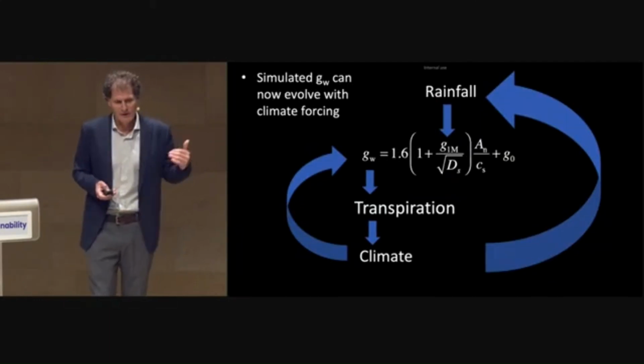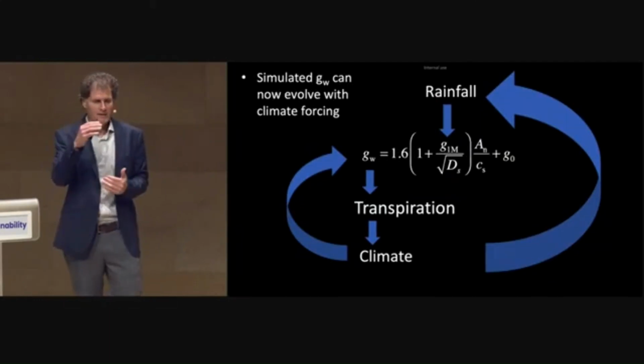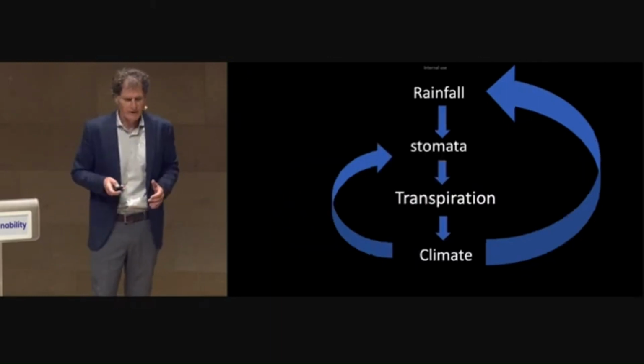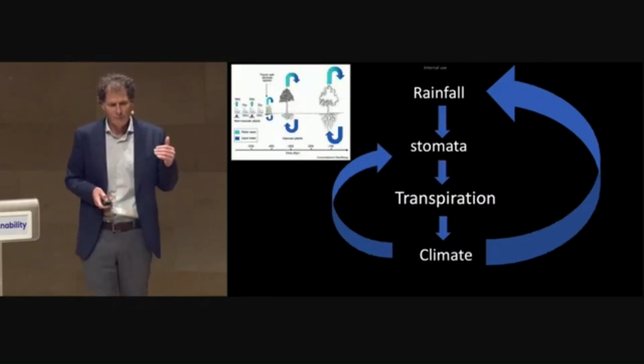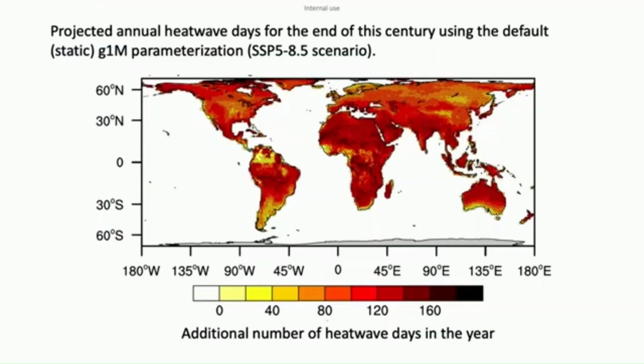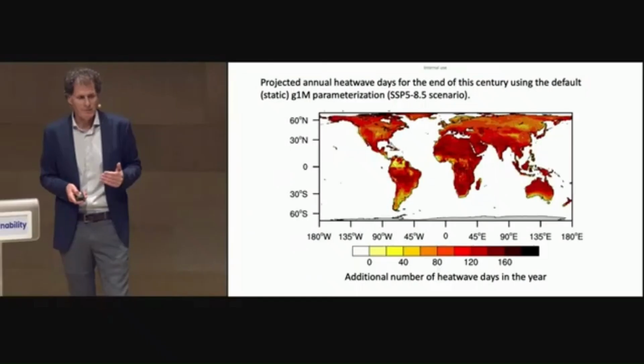So we now have something more realistic. We have a parameterization process that is linked directly now to rainfall, so that when climate changes, that parameterization can move with that change in climate. And so that it's more in tune with our understanding of the way that climate and vegetation not only interact, but how they co-evolve together, whether it be over periods of millions of years or the next several decades.